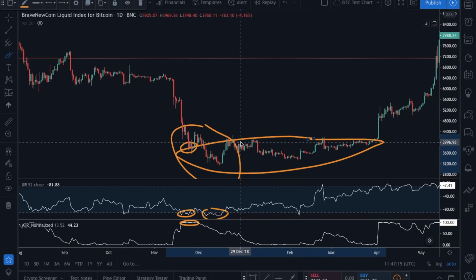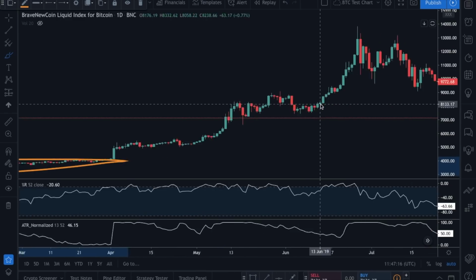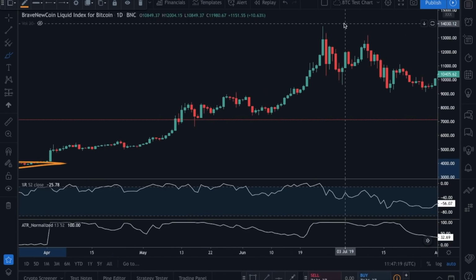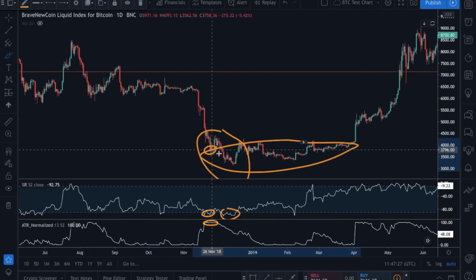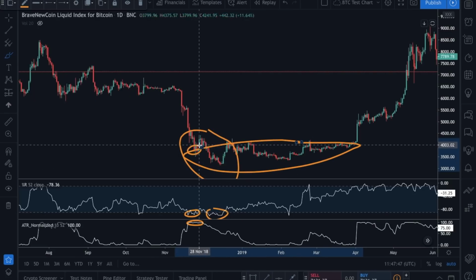because what happened after that? We can see the rally, right? We went to almost 14,000 after that. When you see this kind of market, it's very important, because I also showed this accumulation phase is very important, because in this phase we will see lots of ups and downs, because the whales are also accumulating Bitcoin around this area. So what I actually want you to do is dollar cost average around this area,